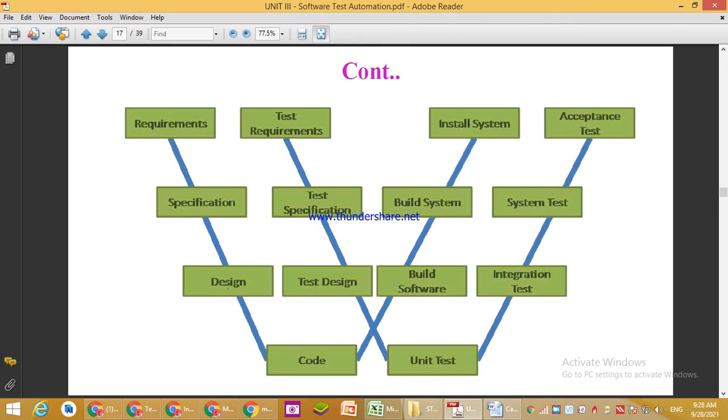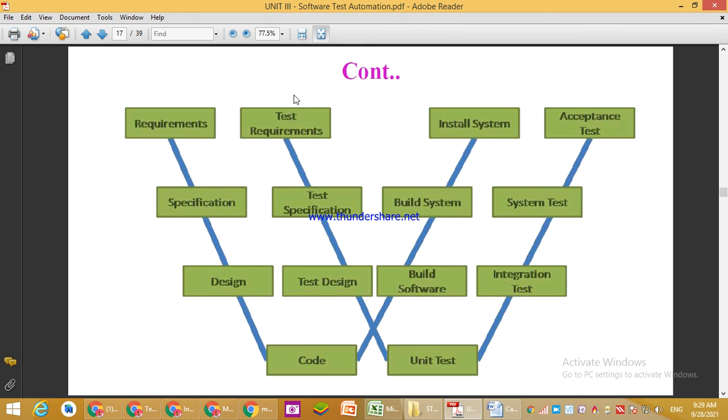Requirements, specification, design, coding. And here unit testing, integration test, system test, acceptance test. From where do we start? Unit test, integration testing, system test, and acceptance test. For these, test design, test specification, test requirements.